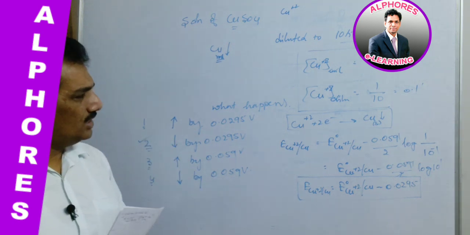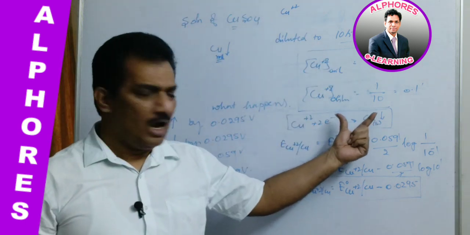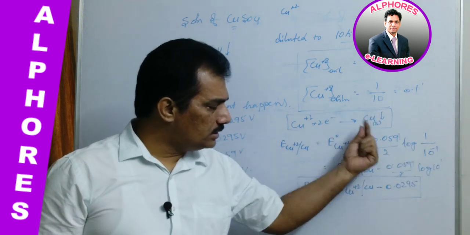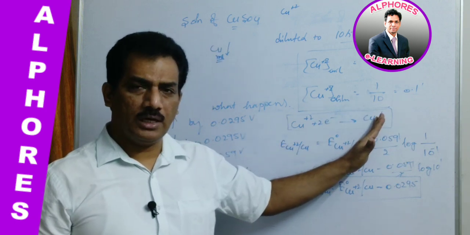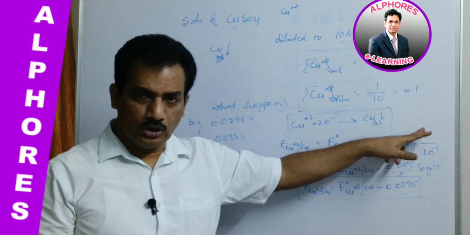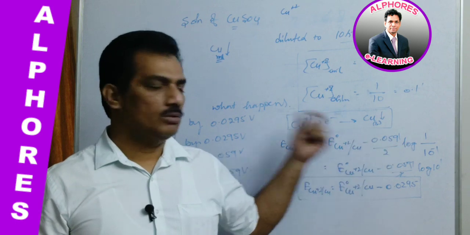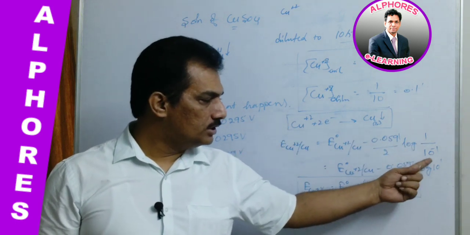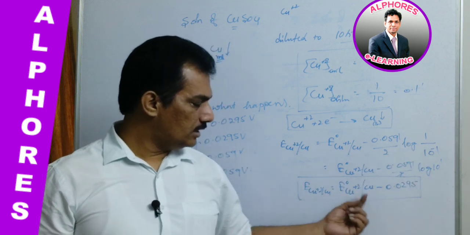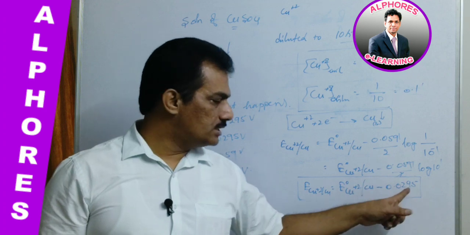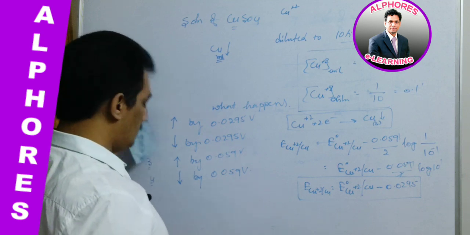Are you following? What we have to consider is, we have to assume the electrode reaction. After that, the changed concentration we have to take. If the electrode reaction is an oxidation reaction, the concentration will be in the numerator. But here copper most frequently undergoes reduction. So when it is going for reduction, its concentration is in the denominator. Thereby we substitute that value, and ultimately we get that the electrode potential will decrease by this much. Clear? Now let me provide one more question.